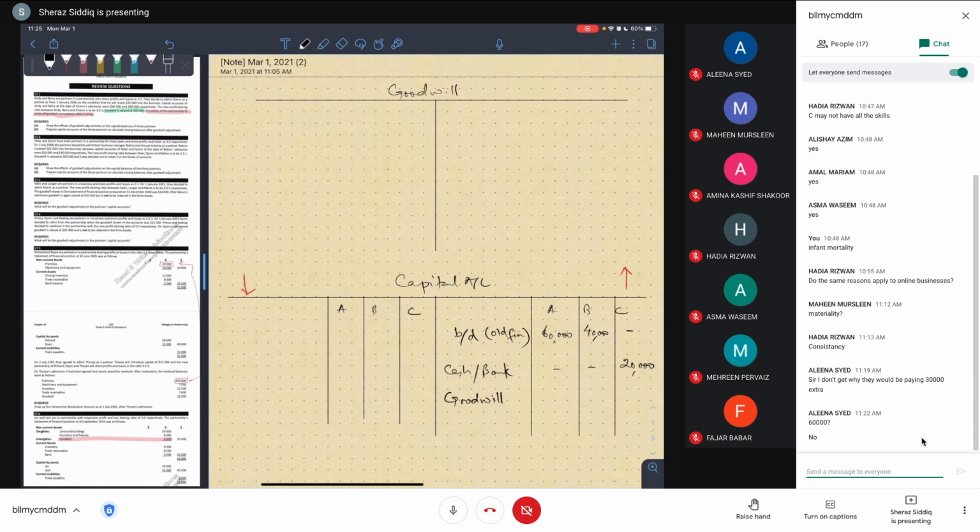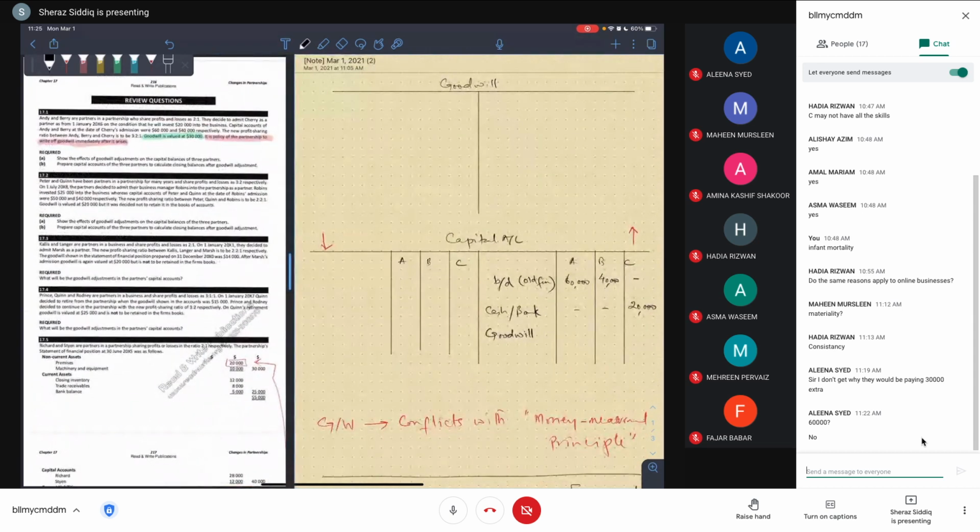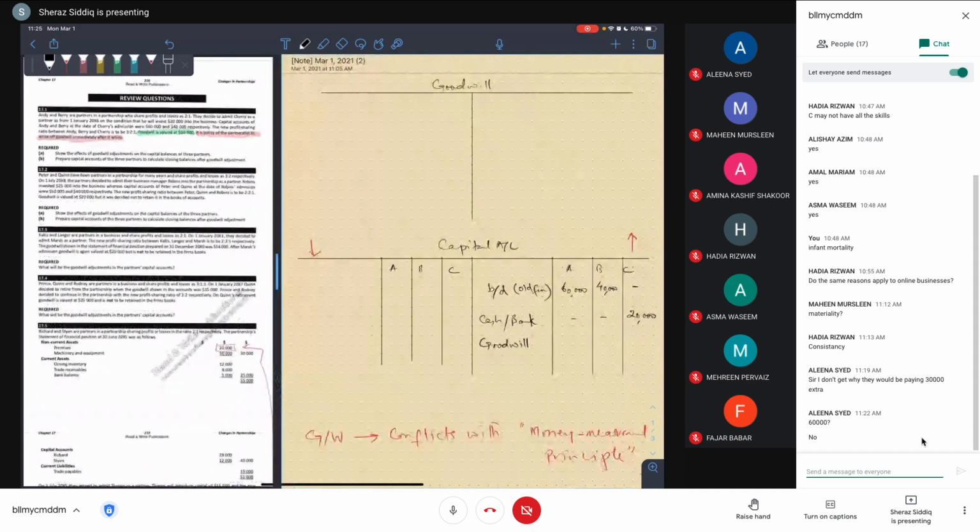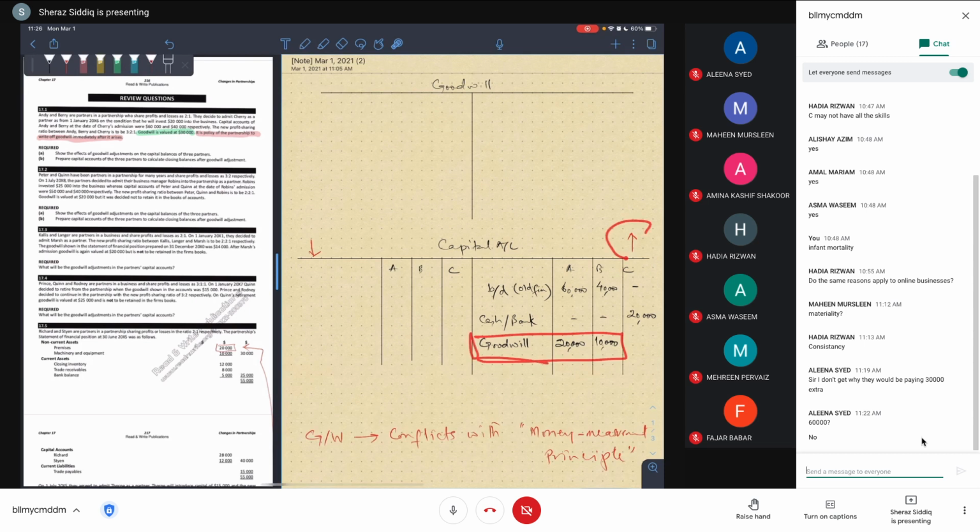Remember, A and B are the old firm's owners. So goodwill is going to be shared by A and B in their profit and loss ratio, which was 2 to 1. So goodwill will be shared by these owners like this: $30,000 worth of goodwill. Now we know how we calculate the value of goodwill. And goodwill is the benefit for the old firm's owners, and that would mean that it will be treated like a surplus or a gain for them, and that will increase the profit.